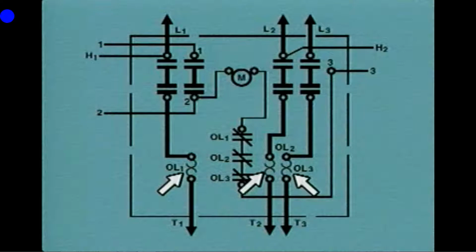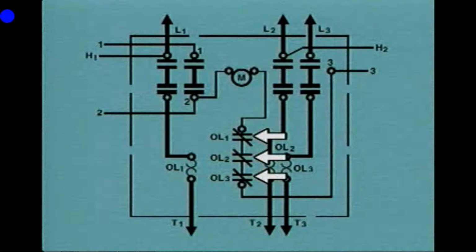The overload devices are labeled OL and are numbered 1 through 3, as are the overload contacts. The stop and start buttons for the controller are not shown on this wiring diagram because these buttons are not physically located in the cabinet that houses the controller. However, the electrical connection points for the start switch and its maintaining contacts are indicated on the diagram by the points 1 and 2. These numbers correspond to the numbers on the schematic diagram,